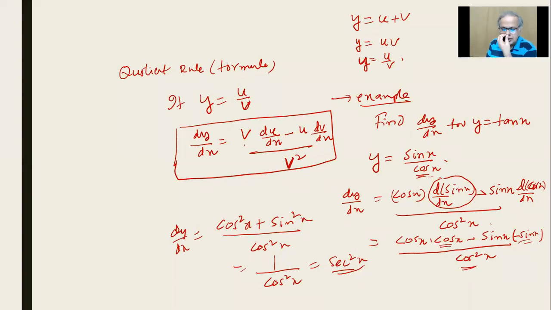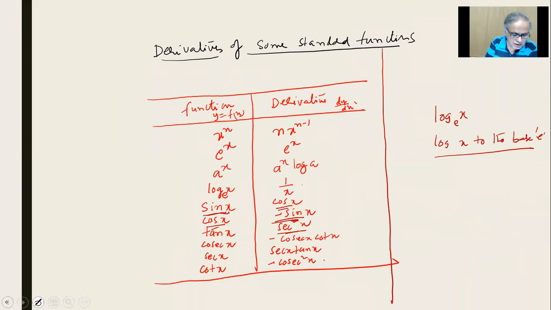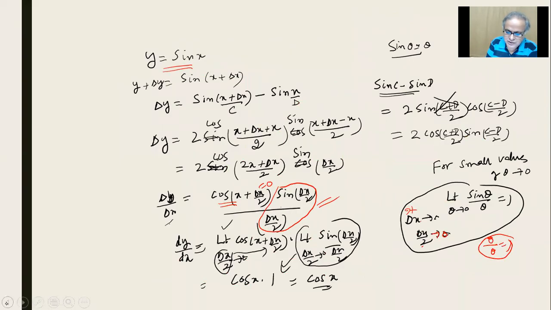So now can I continue? Yes, sir. Sir, in the part where you circled, in the next step, where's the dx, sir? Derivative, dx will go. Okay, yes sir, got it. Why did we do all this? Look, dy by dx is cos x.